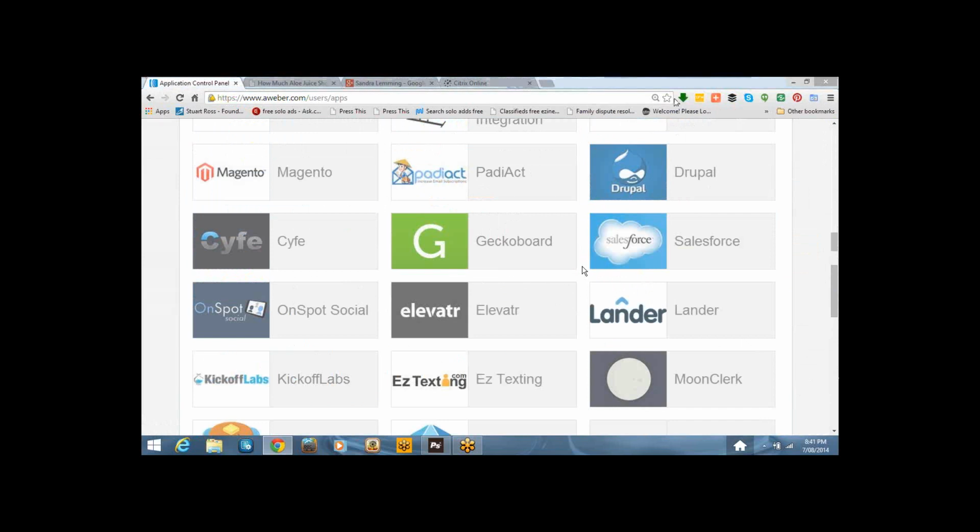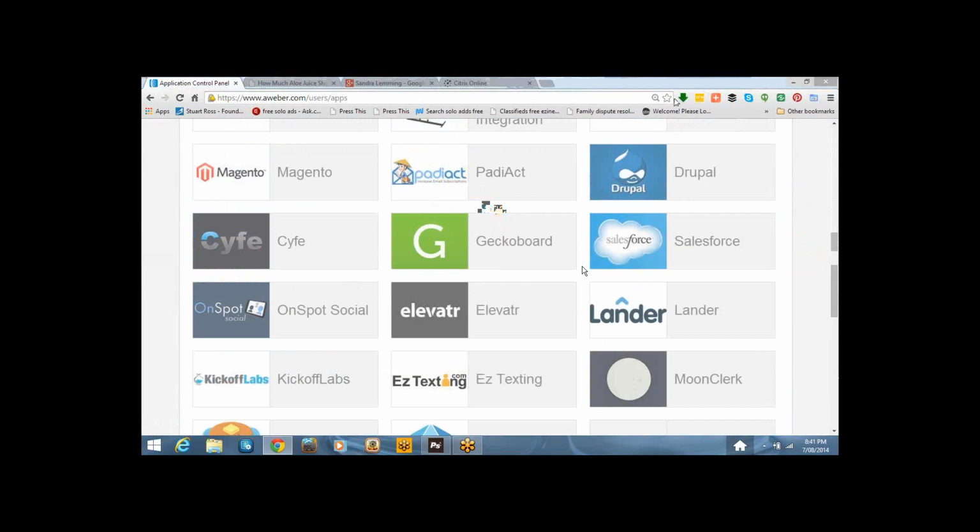You can design the form any way you like, but you have to stay within the size parameters that Aweber has. You can't make it bigger or smaller, so not all the templates will work with it. But you can adjust the writing and what type of writing you're going to have on there, what colours, whether it's a newsletter or whatnot.